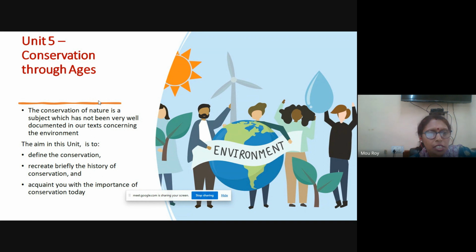Since we discussed it yesterday, I just want to recap what biodiversity is. Nature conservation helps to protect and preserve a variety of plant as well as animal species present on the earth. Biodiversity is very essential for maintaining the balance of the ecosystems and also providing various ecological services, like pollination, nutrient cycle, and pest control.